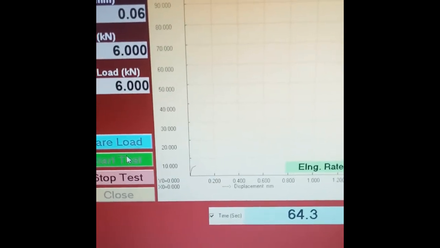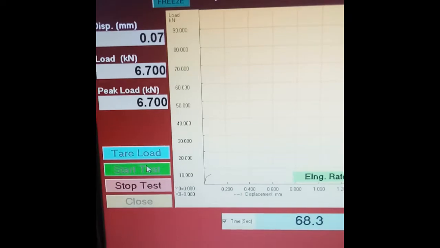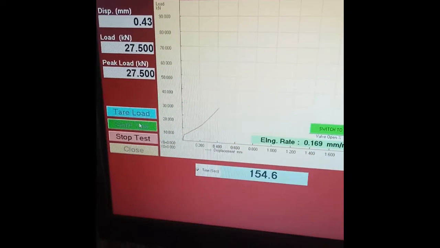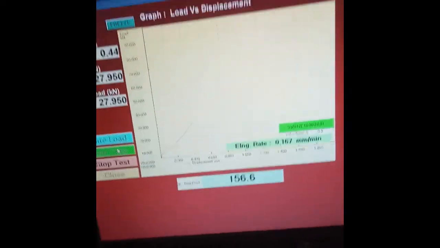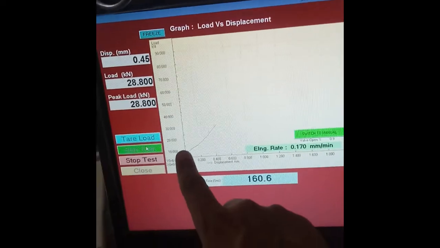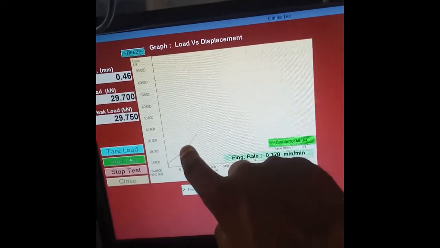Initially again there will be some error, and then the actual graph. See how the graph is increasing. Initially this portion is just settlement, so we should not consider this part, but mostly the actual curve is this part.